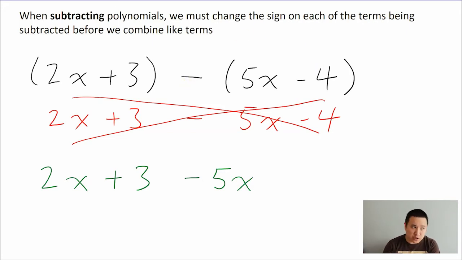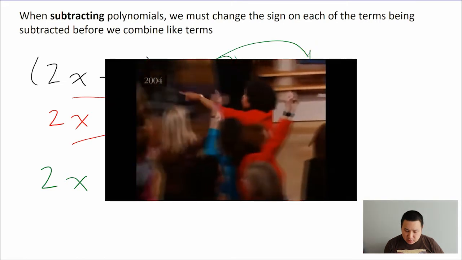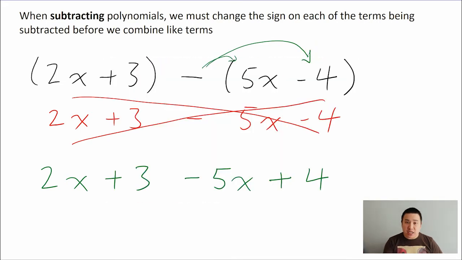So if I were to subtract negative 4, I would end up subtracting negative 4, which is the same as adding positive 4. So that turns into a positive 4. And so you can see what's happening is this negative sign here is being distributed across each term in the polynomial, right? So you get a negative, you get a negative. And after they each receive that negative,